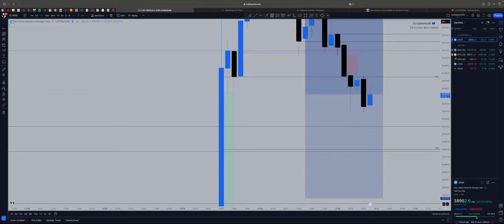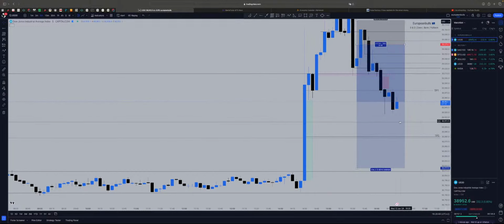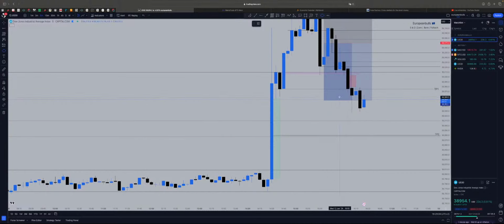I took my partials. Yeah, I told you guys that I'm going to take my partials and move my stop loss to the entry point. So I took the partials here, I moved my stop loss to the entry point, and then I patiently waited for this candle to fall below. The moment it fell, which was the case in here, 2.43 R, almost 2.8 R, so 2.48, I closed all my trades around this area, because I don't want to hold a trade for so long, because anything can happen.